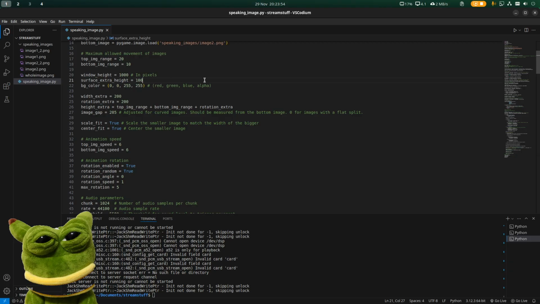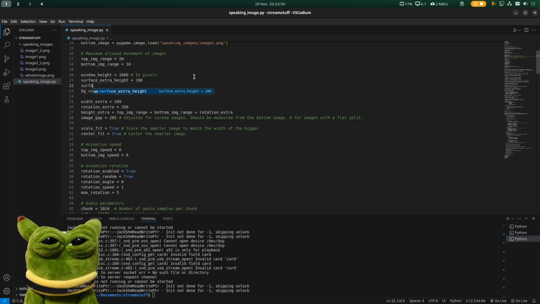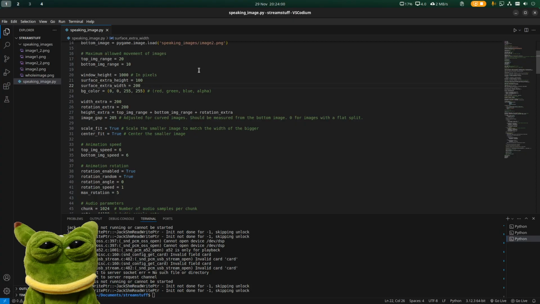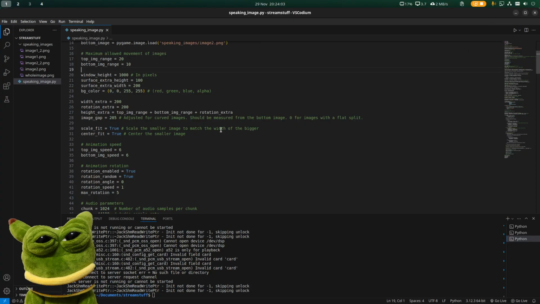Okay, surface extra height and then surface extra width. Let's do this and then